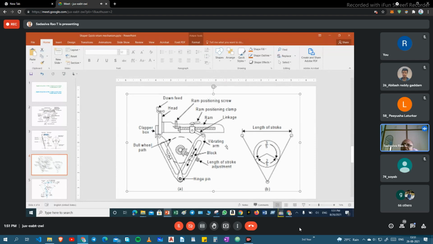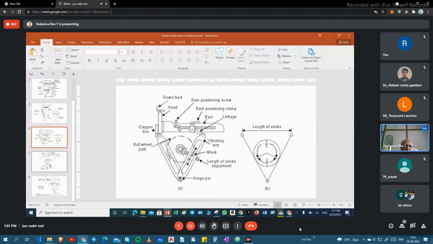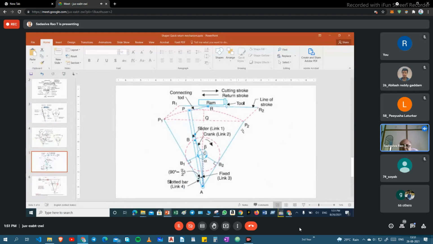Actually, first year we have to start, but time is not sufficient. That's why in the third year they will cover this quick return mechanism. This is explained in the video. Same thing, all these are the same.